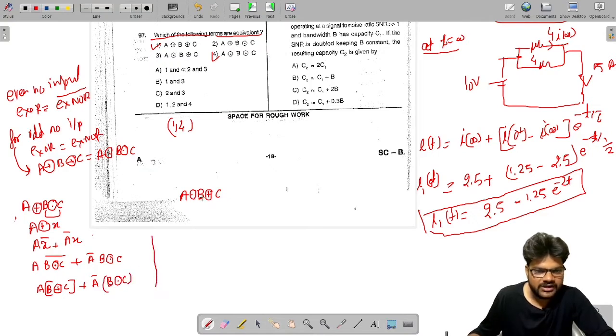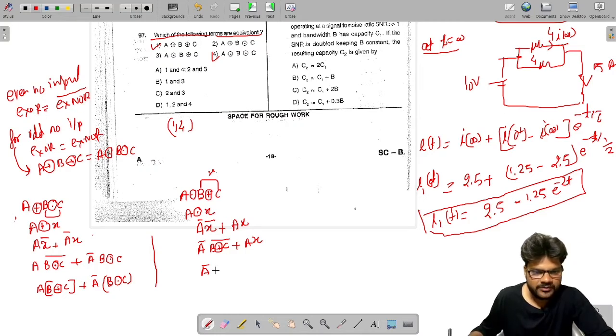Now let us analyze this one. So this is A XOR B XOR C, right? So A XOR, let us call this one X now, right? So A XOR X, right? Then we can write it as A bar X bar plus A X, okay? Then X is B XOR C, so it's bar plus A X. So this is going to be A bar, and this is an even number of inputs because we have 2 inputs B and C. So for an even number of inputs, XOR is the complement of XNOR.